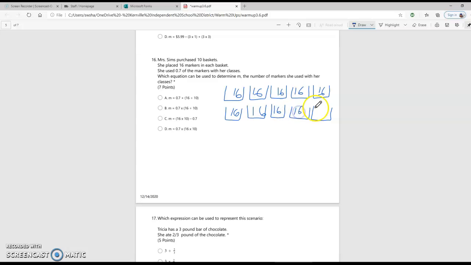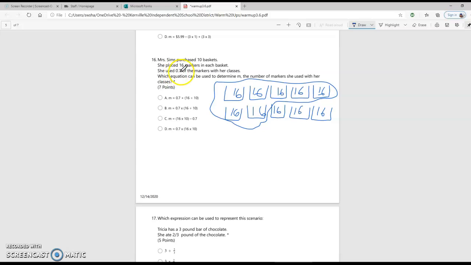When it says he's going to use 7/10 of something, right? 7/10 is 7 out of 10. So you have 10 baskets, and he's going to use 7 of this. Right? Oops, that's 8, sorry. So he's 7 of it. 1, 2, 3, 4, 5, 6, 7. I should have used a different color. Okay, so